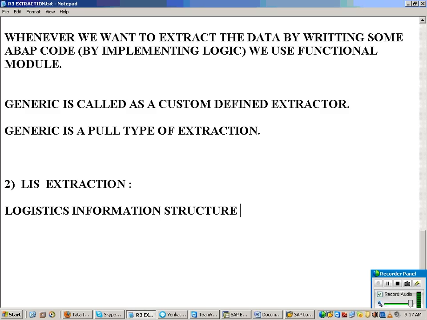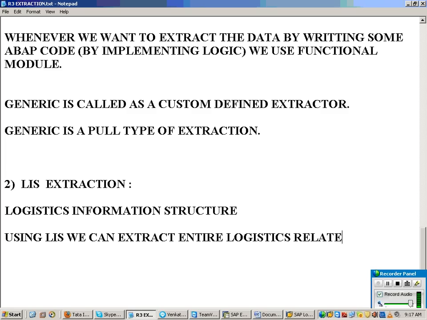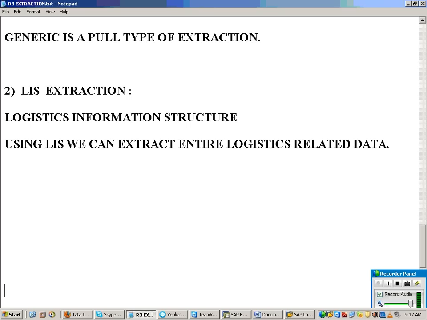Using LIS, we can extract the entire logistics related data. Logistics means related to movement of the material in the organization, where all the material moves.